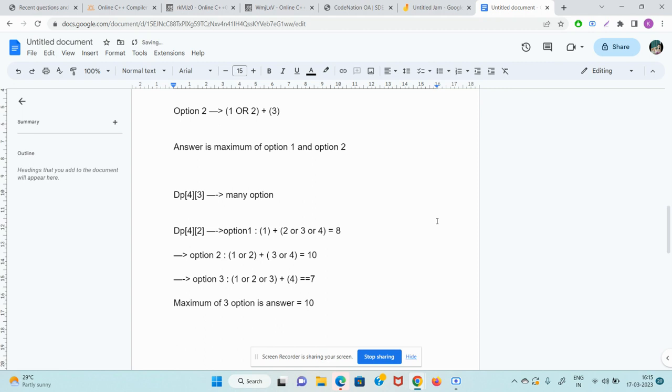Guys, I hope you understood the meaning of the DP state I am trying to explain. So guys, now